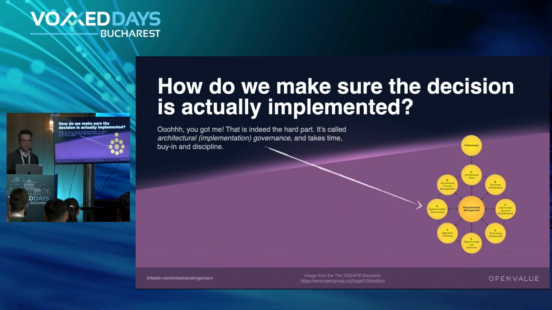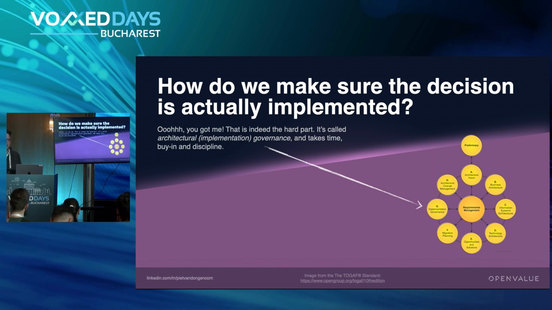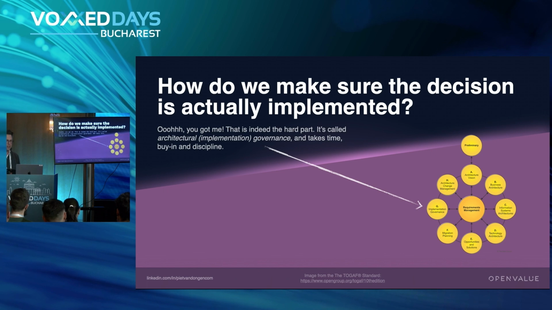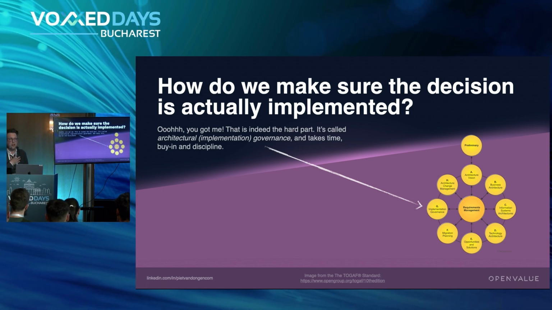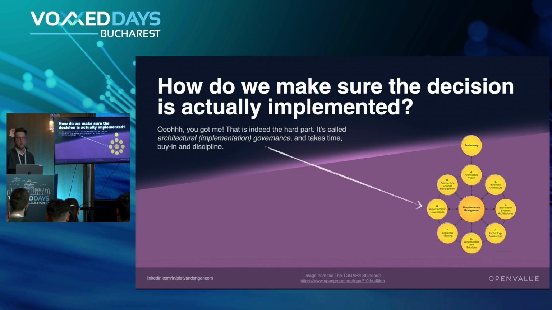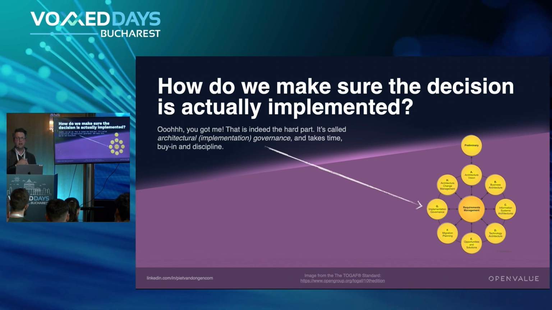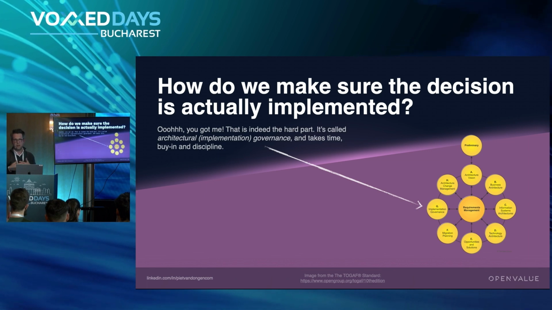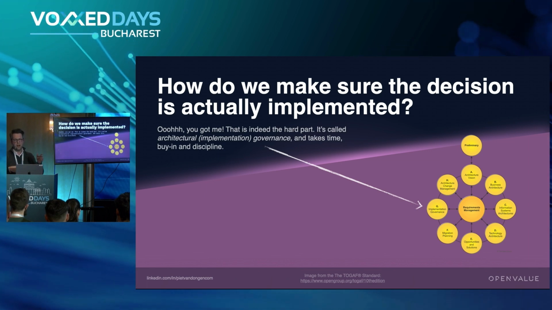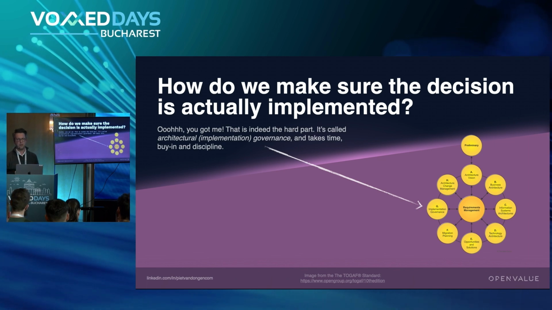Okay, what do you do when you're done? How do you make sure it actually gets done? That's a big problem. Ooh, you got me. Because I've seen a lot of decisions I've taken that didn't become implemented until much later or not, because of budget cycles, or shifting priorities, or just me taking too long to get the right people in the room because I wanted the CTO and the CEO in the room and they were busy, you know? So this is a hard problem. I don't have an answer.